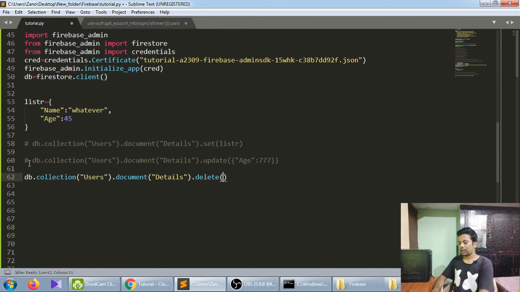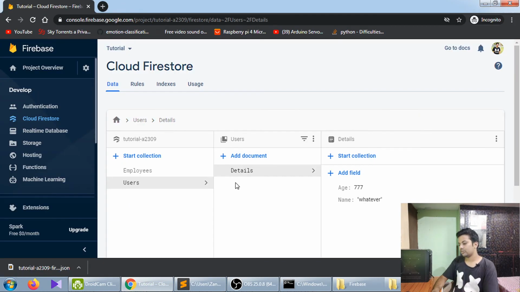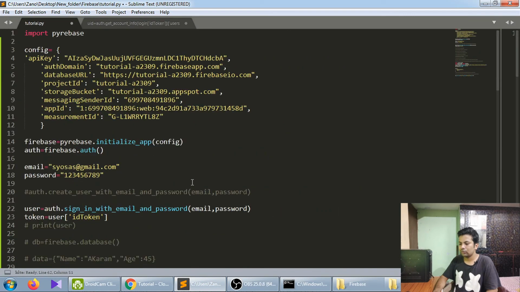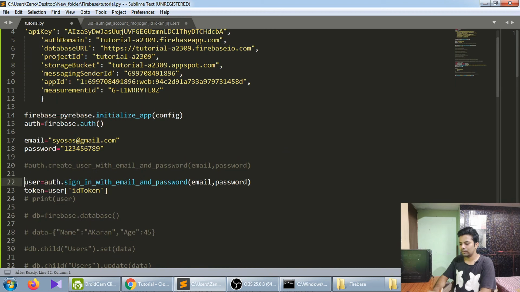And one thing I haven't told you, that you should know: suppose there are multiple people using your database, I mean clients. So how will you differentiate between users, like okay, this is user 1, go to user 2, go to user 3, your details are saved here? Every document will have different user details, so how will you discriminate? So for that, whenever a user logs in,